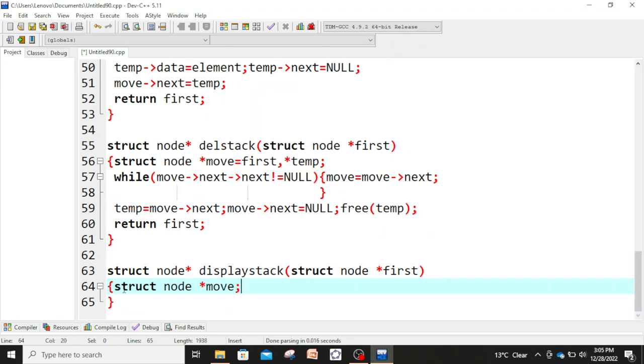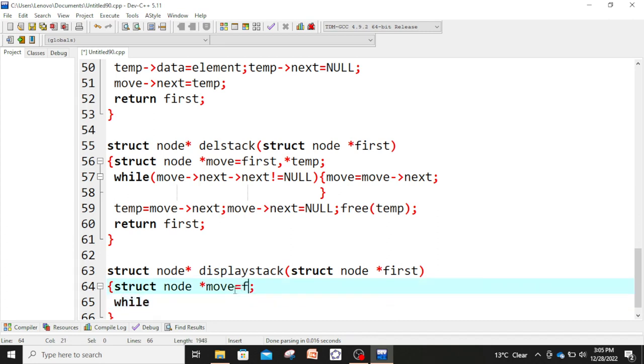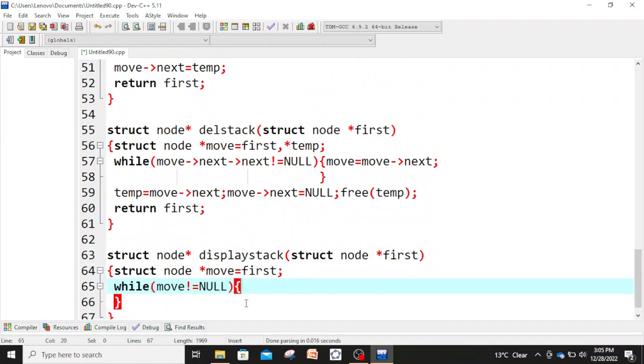Okay, and here to go from one node to other, I use the while loop. And here I assign this move first, and here inside the condition there will be move not equals to null, and here since I have to show the elements to the user, for that